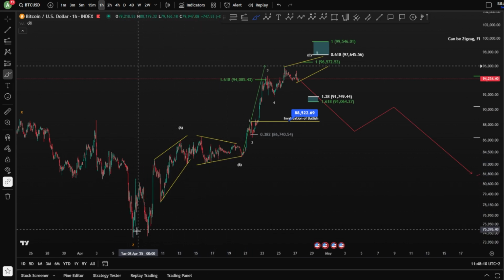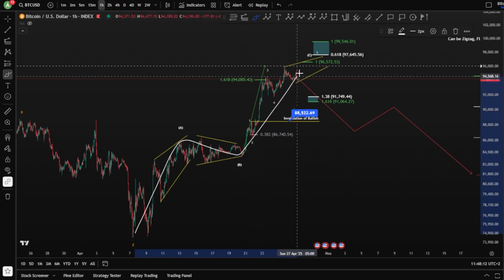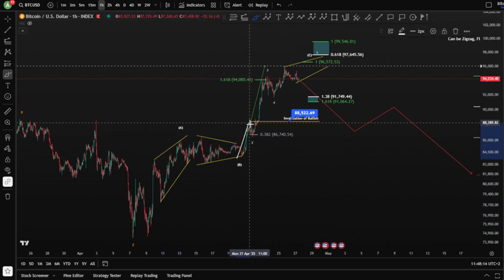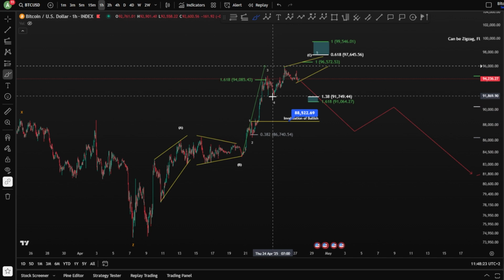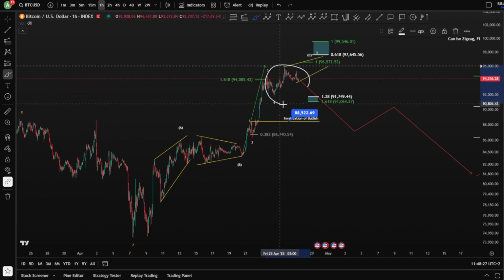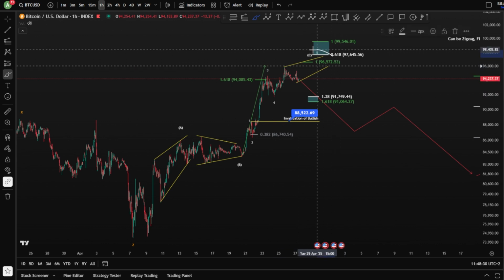So basically we are still inside this A, B, and a C, unfinished yet. You have your wave C here as a 1, 2, 3. You're looking at a potential wave 4 finished here, and your wave 5 is not yet finished. We see three waves toward the upside, meaning corrective, and opening, of course, three scenarios here that it might unfold